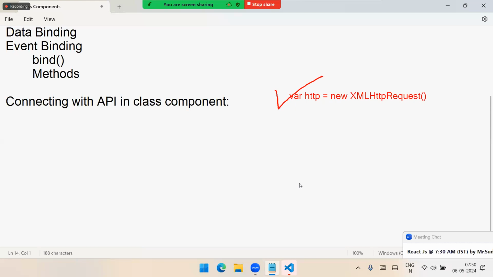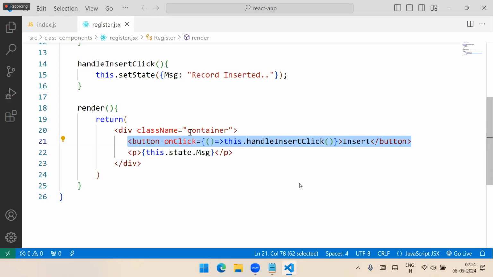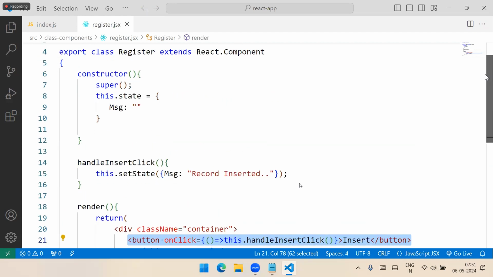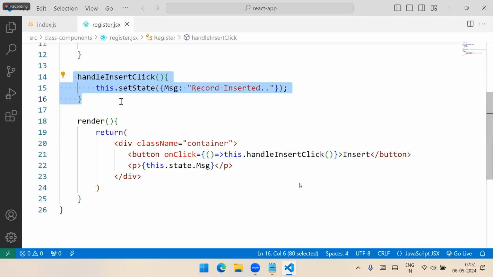How is it possible? You can write one method. In that method, you can create an object. Through that object, you can access. So it is possible to use all the techniques that we learned. We can use XMLHttpRequest and all. That means how do we do it? Generally, to access data from any API, what we can do first is